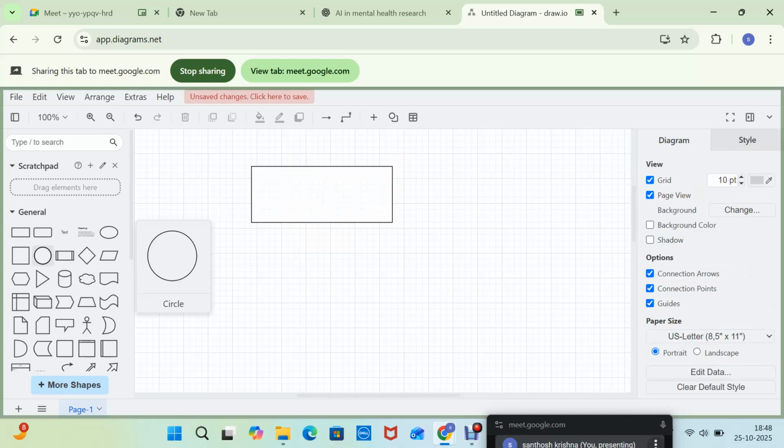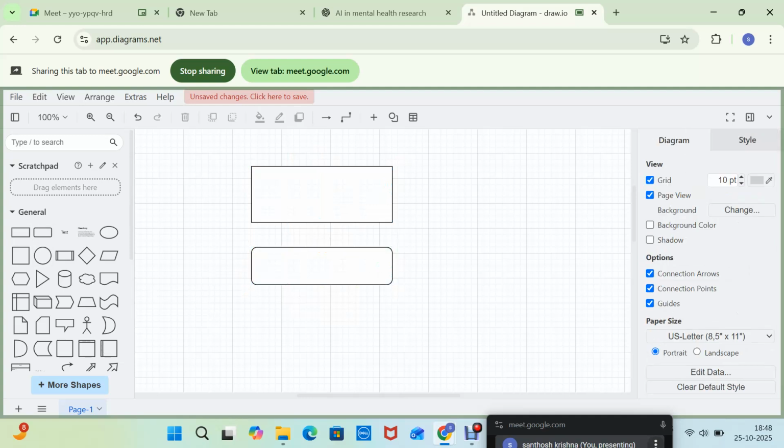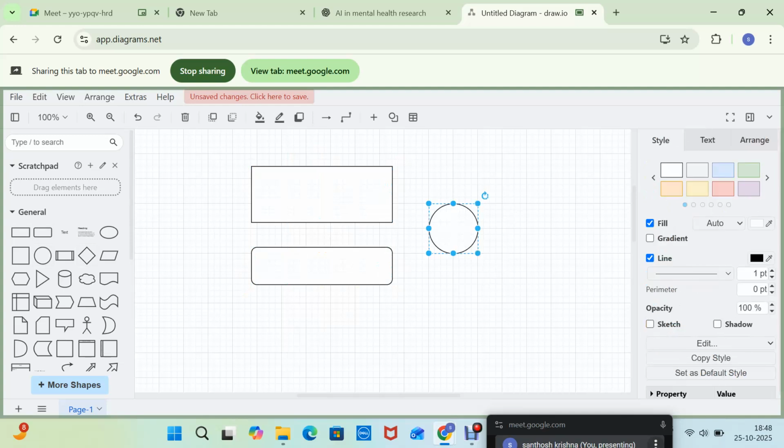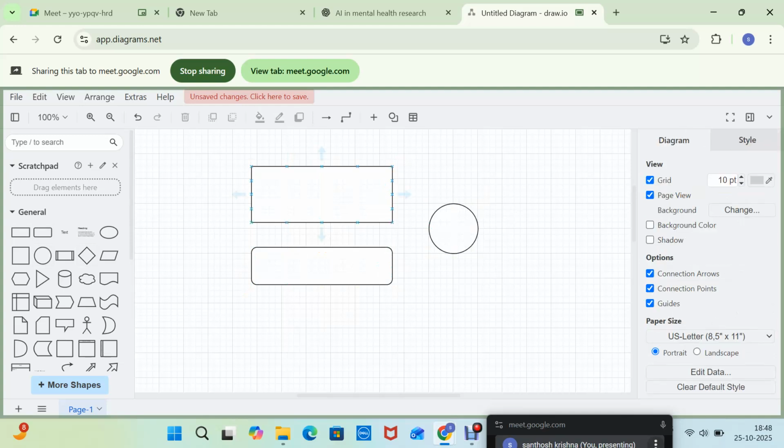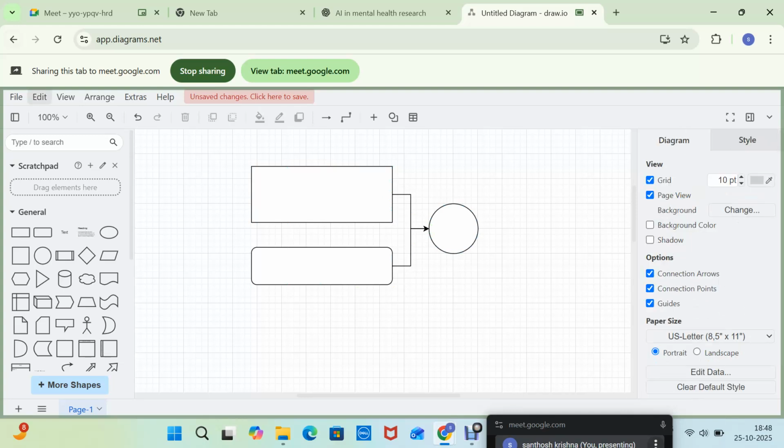You can draw any shapes, any pictures, and you can even recommend this tool to your students so they can draw pictures using the draw.io website. And you can export them. There are multiple types of charts available, you can use them.